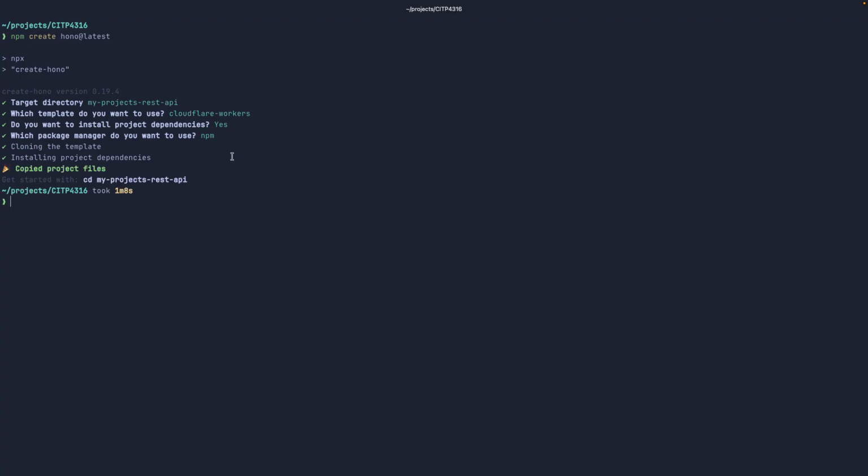So let's call this my projects recipe. And then choose which template I want to use. Let's just select Cloudflare Workers because we want to execute that out there. And do you want to install? Yes, install it using npm. Say yes. And let's wait for that. Everything is done. So if I go to my project recipe, I